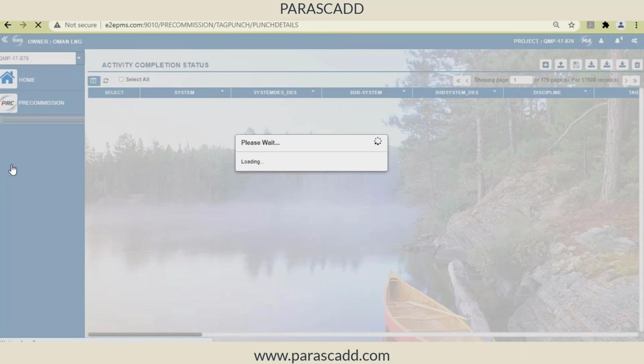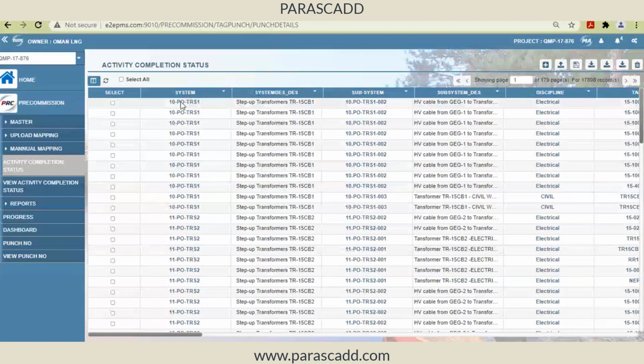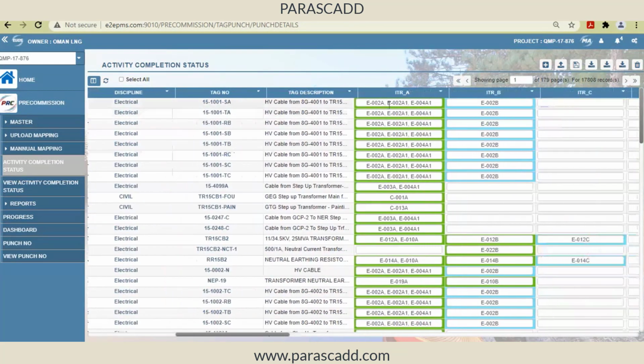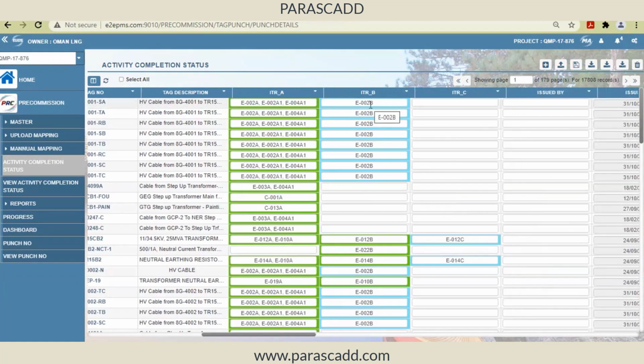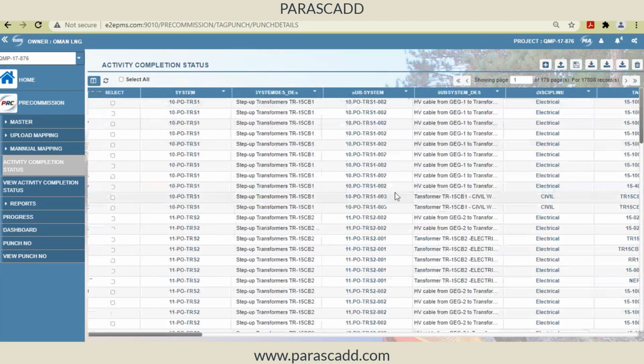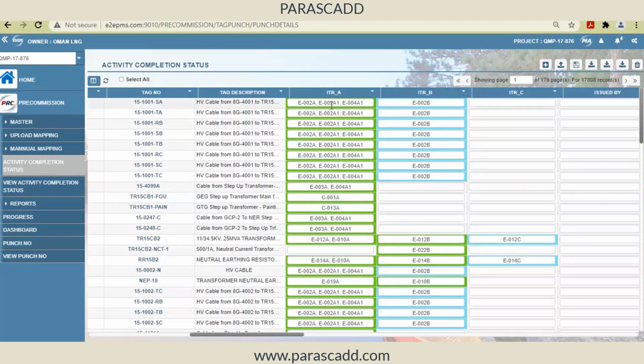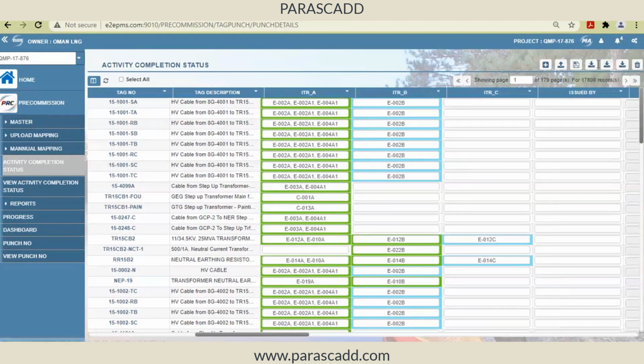I may have an Excel sheet where I can fill in the system number, the subsystem number, and then the ITRs, and against that ITR, the tag numbers, and against the tag number, the A ITRs, B ITRs. All these can be uploaded in a single go from Excel, which means through a single sheet, I can maintain the relationship between the system, how many subsystems are there within the system, how many tag numbers are there, and for each of the tags, which A category ITR formats have to be completed, and which B category and C category ITRs have to be completed.